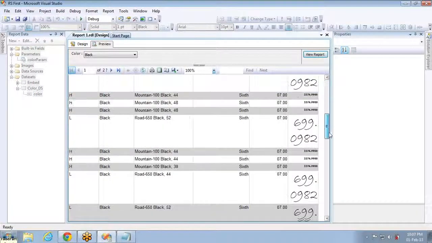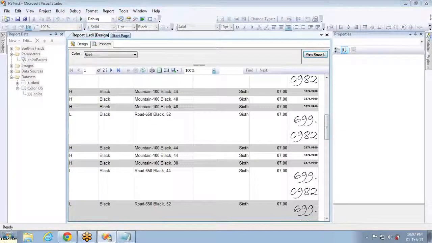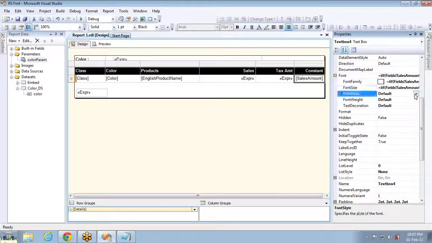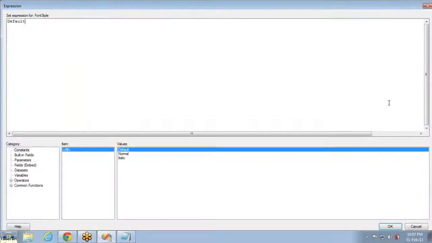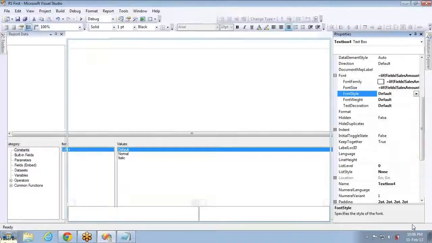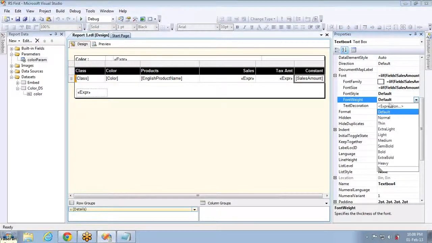So like that, the values, sizes, the fonts, it is not dependent on the property name or property type. The expressions page purely depends on the value, the conditions you are going to check. The same expression page will be available for everything. You don't need to worry that you can set the expression in the cells of a Tablix report but can't set it for a color. There is nothing new to set here. The same kind of condition checks and the defaults. The only thing is the constants will be changing.